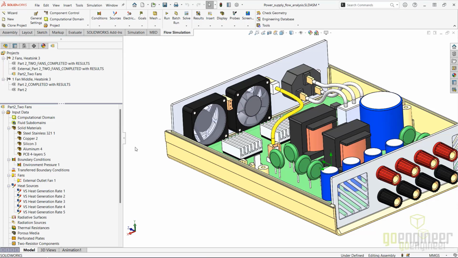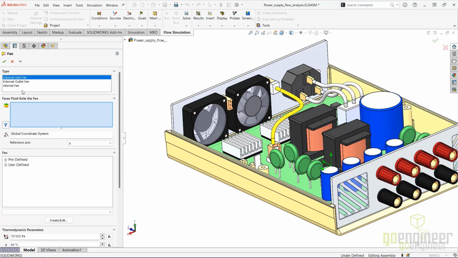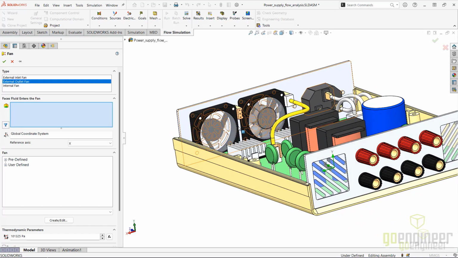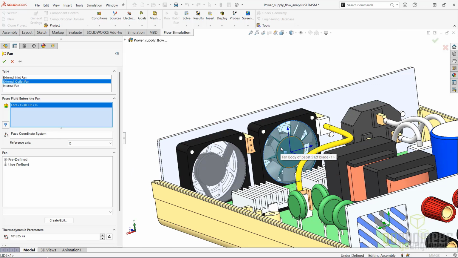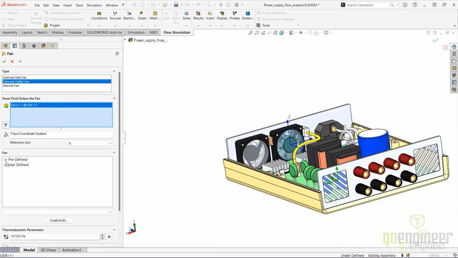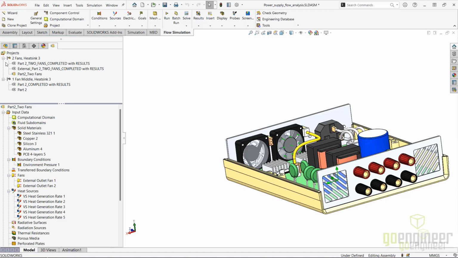The only thing we're changing now is we have that extra geometry, and we can add a second fan definition. So I can say insert fan, choose external outlet fan like before. This time I'm choosing that interface there. We do have that extra blade there, that's not going to be participating in the calculation here, so we can suppress it, or we can just ignore it, to be honest. And down below, I'm going to choose my same custom fan that I've selected and added in there. Click OK. Now at this point, I could run the project, or in my case, I'm just going to go ahead and